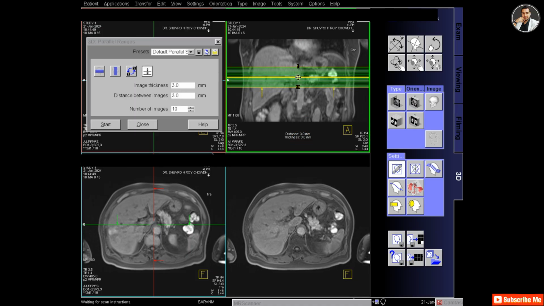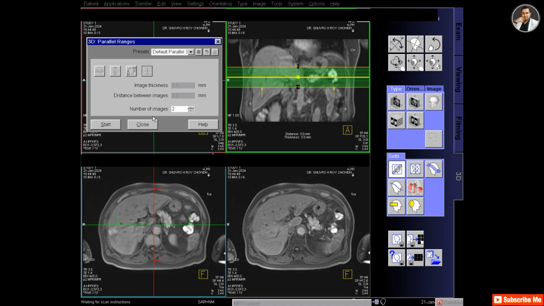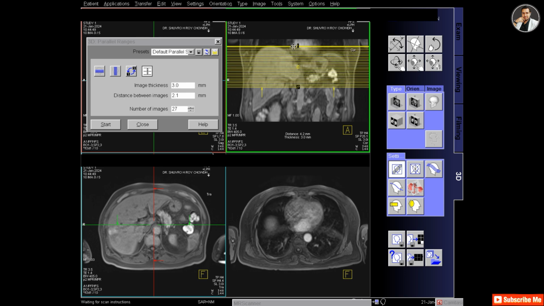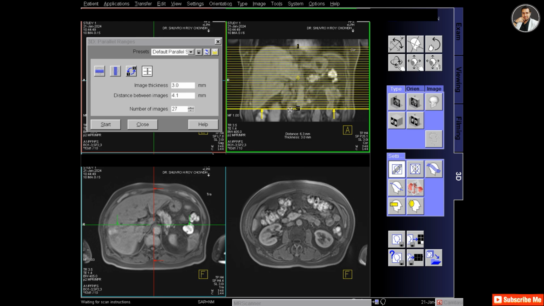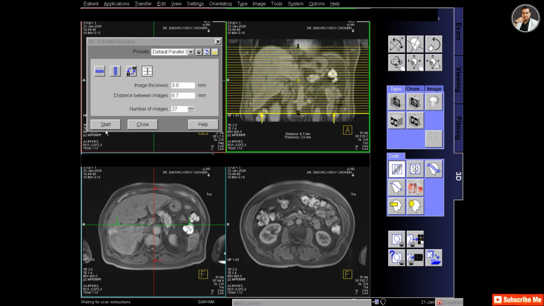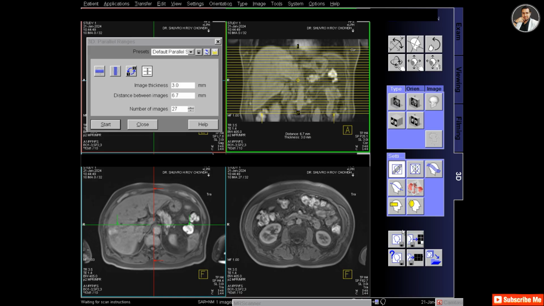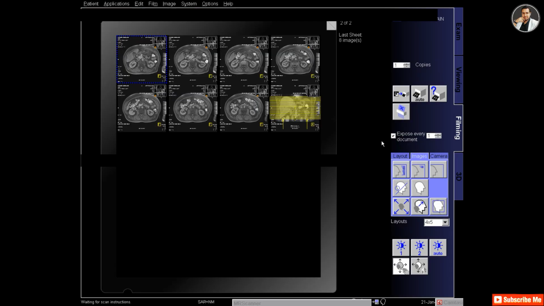This is a T1 VIBE fat set pre-contrast, and I will select 27 slices and drag to the upper part of the liver and drag down to cover the lower part of the liver. So you have to cover all the liver and click start and send it to the filming.